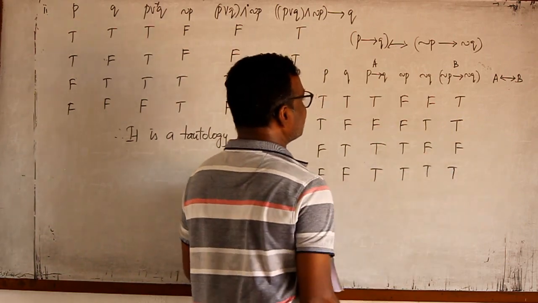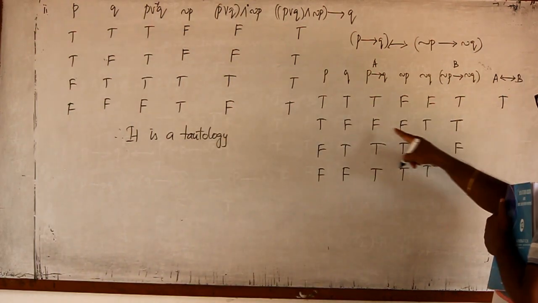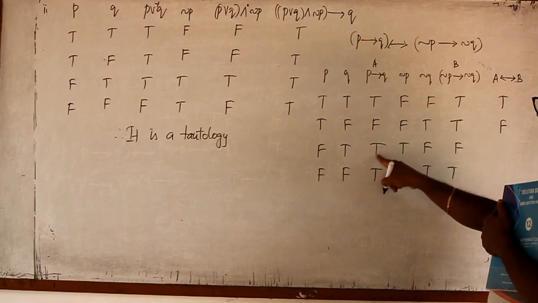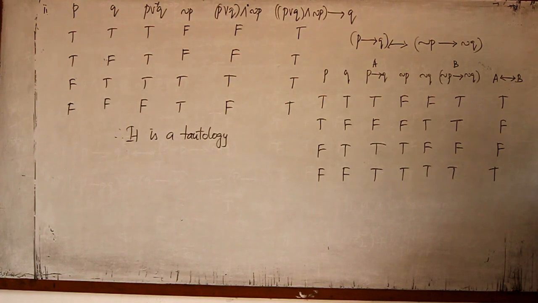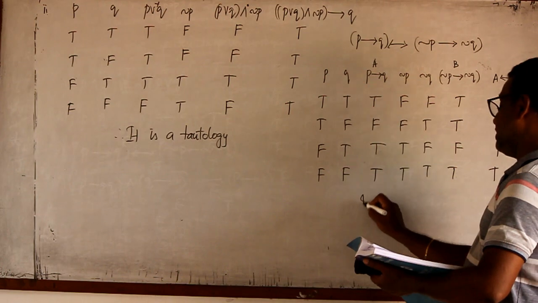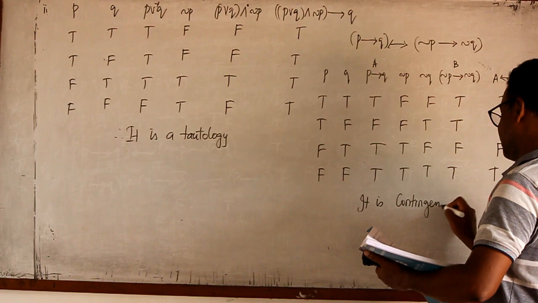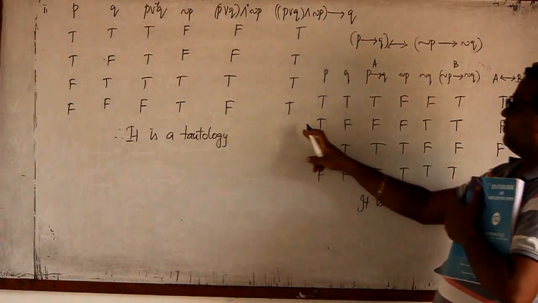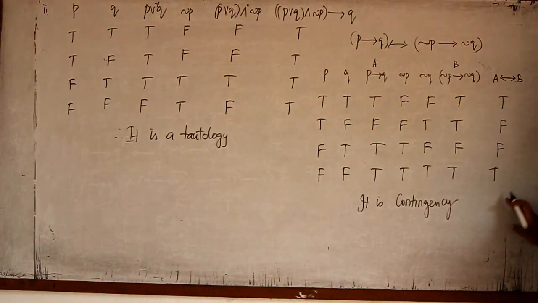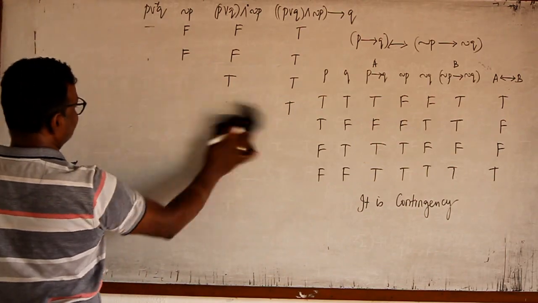This is also T. Now I must do if and only if, that is plus into plus, plus, minus into plus, minus, plus into minus, minus, plus into plus, plus. So all are not F, and all are not T also, therefore it is contingency. So if all are true, it is tautology. If all are F, contradiction. If it is mixed, it is contingency. That's all. Now we shall go for the fourth part.